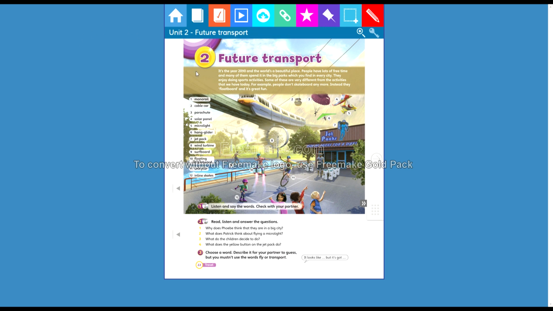Today we are going to start from Unit 2, Future Transport. First, there are 12 new future transport names. We are going to learn how to pronounce their names, then we will play a matching game, then we will continue. So for the first time, let's start